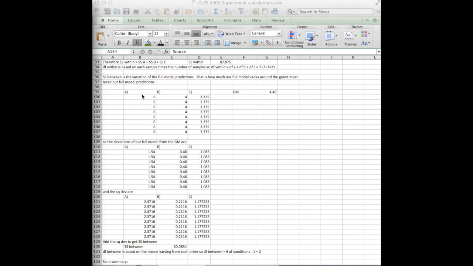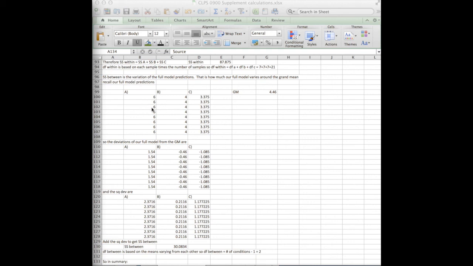So every observation within A should be at the mean of A, so 6. Same for B. Every observation should be at the mean of B, so 4. And likewise for C. So then we would try to find the deviations of these model predictions from the grand